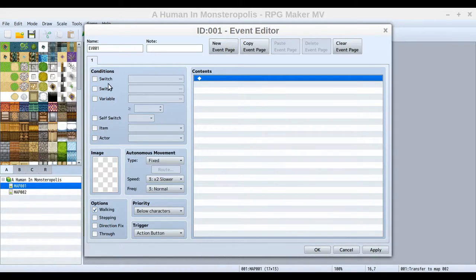So your different conditions, we can have them work by switches and variables and self-switch. Whether or not the party has an item in their possession, and we'll go through all these in more detail later on as they're more applicable. But you can set an image for the event, but we don't need one for this type